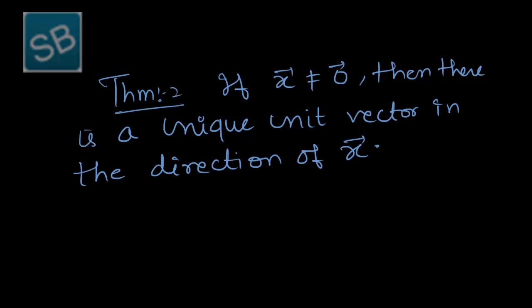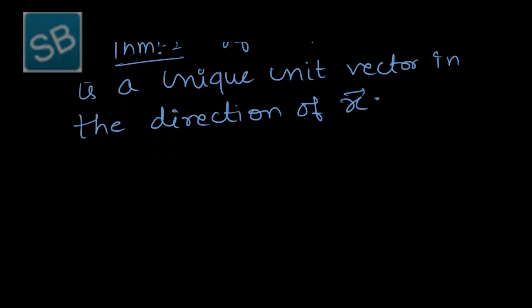So we have to prove, if a non-zero vector exists, then there is a unique unit vector which is in the direction of that vector. So the proof is,